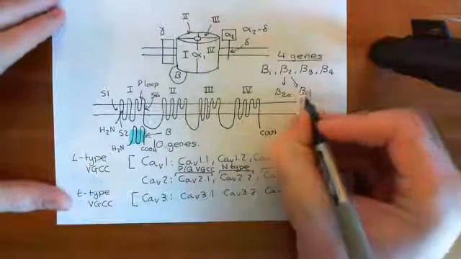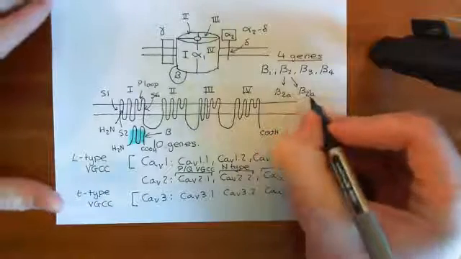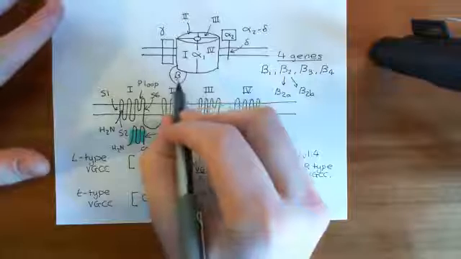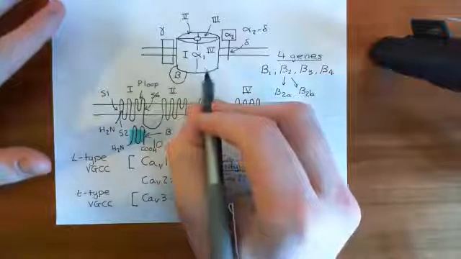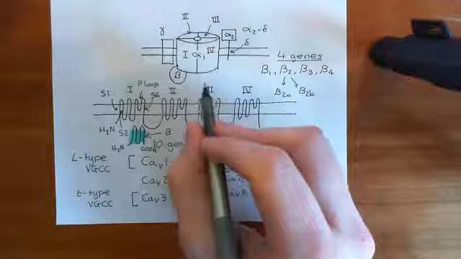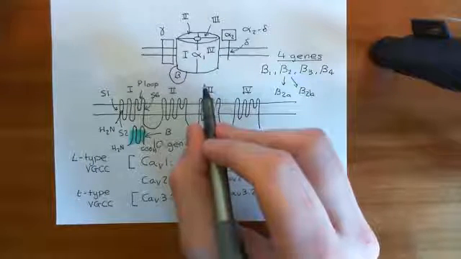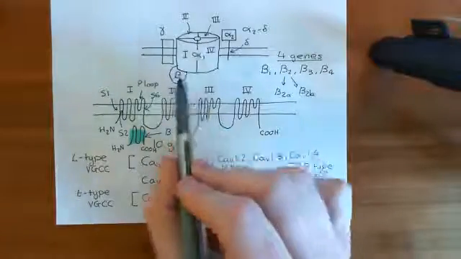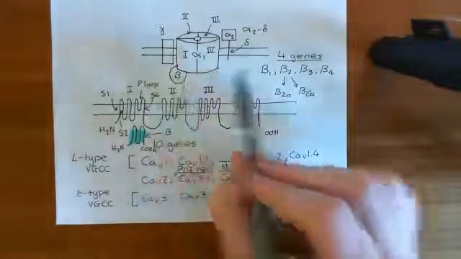That just denotes which splice variant you're talking about. Okay, so there are multiple different beta subunits that can then bind to your alpha 1 subunit. So this is increasing the diversity of voltage-gated calcium channels that you can then produce. Right, so we've talked now about the alpha 1 subunit and the beta subunit, and I should just mention